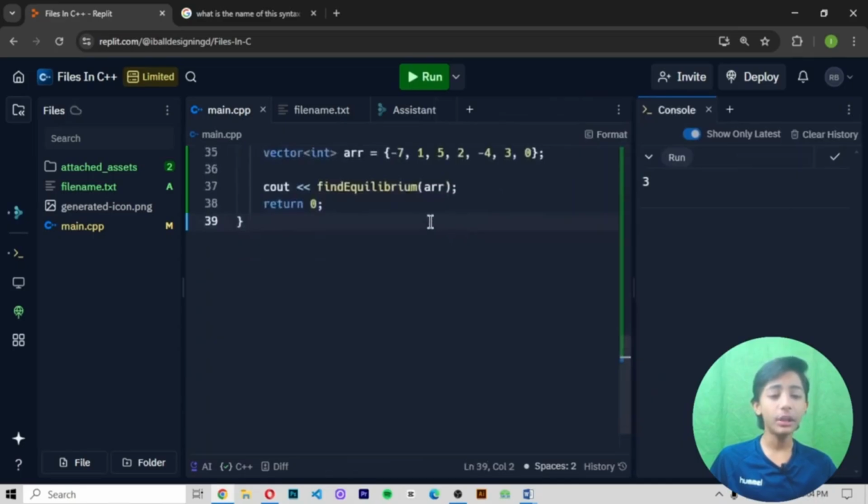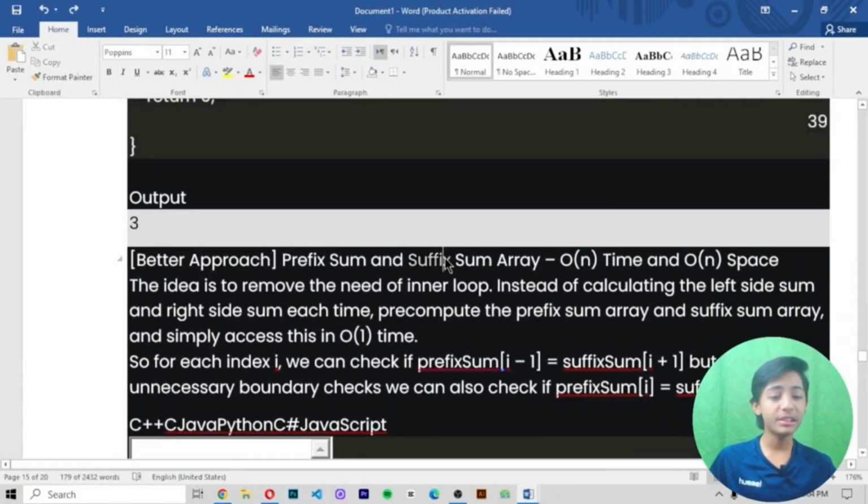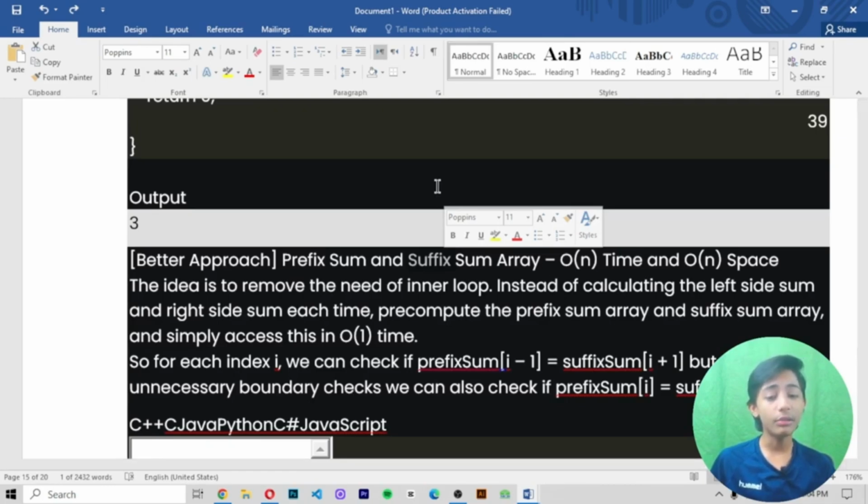Why? Because it is giving me the output 3, like I have told you. A better approach: prefix and suffix sum array, O(n) time and O(n) space. The idea is to remove the need for the inner loop. Instead of calculating the left side sum and right side sum each time, pre-compute the prefix sum array and suffix sum array and simply access them in